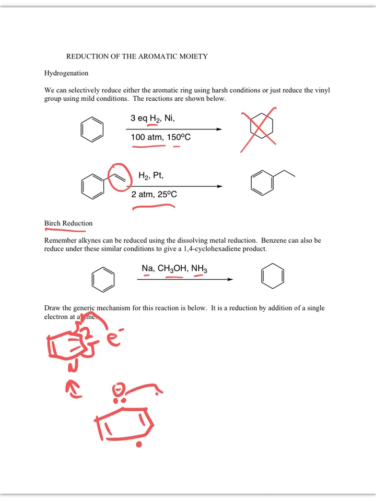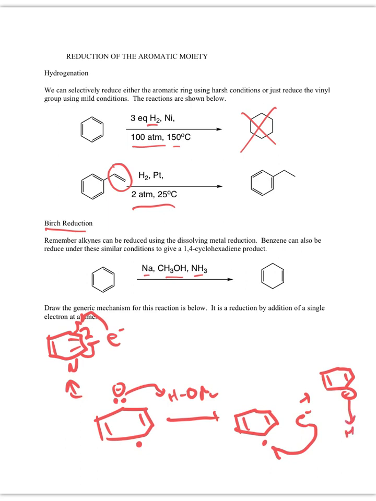That anion is going to go grab a hydrogen off of methanol or ethanol, whatever the alcohol is which we used in the reaction. And then we're going to pump another electron into the other side to form the anion. And then that'll go grab a hydrogen off of methanol. And in the process, we have reduced it to the